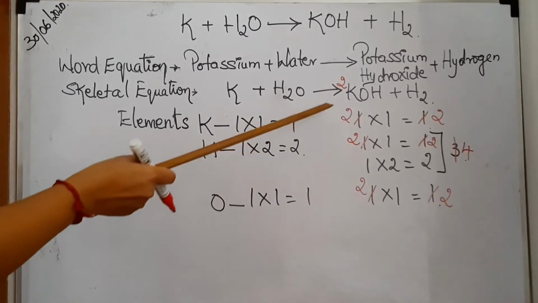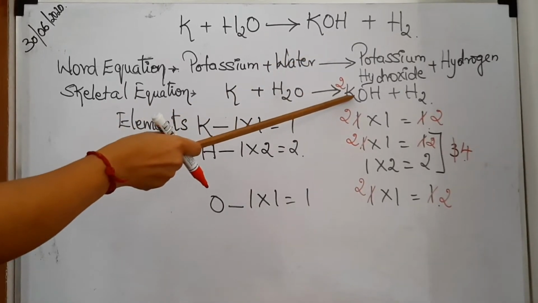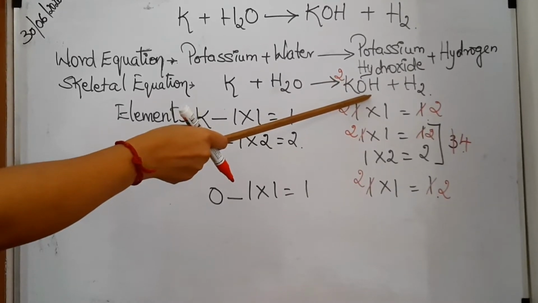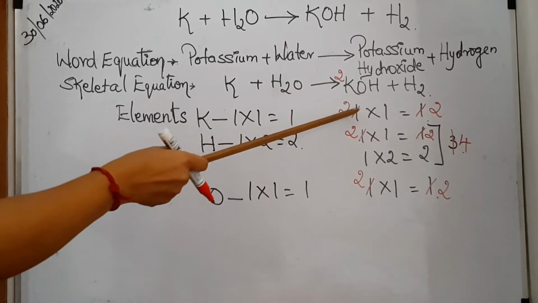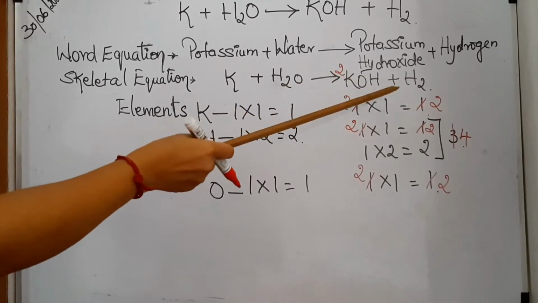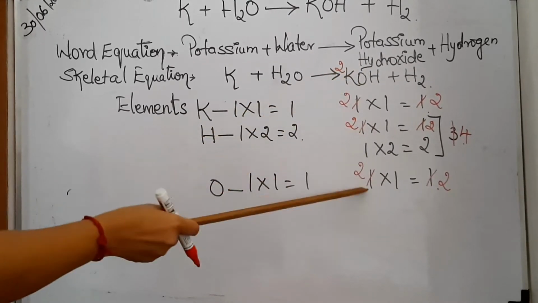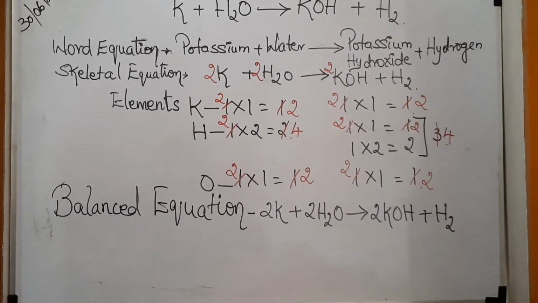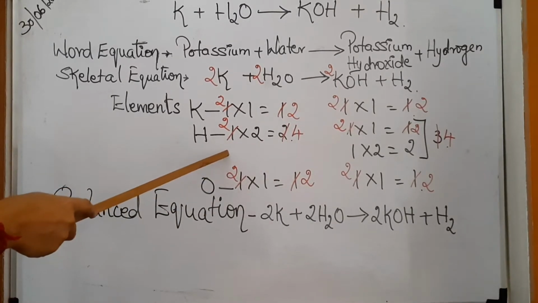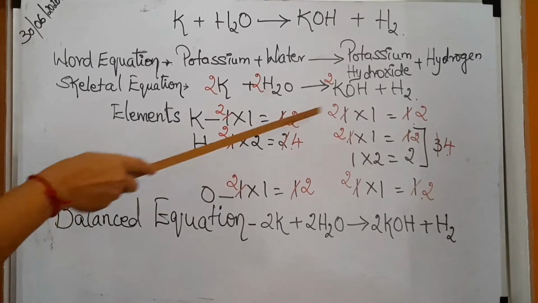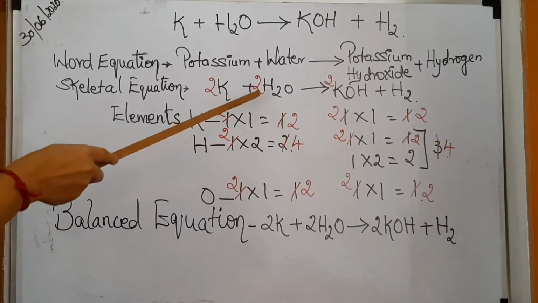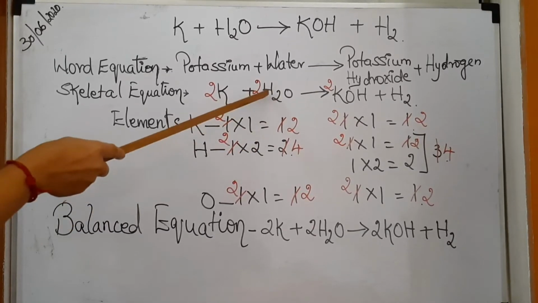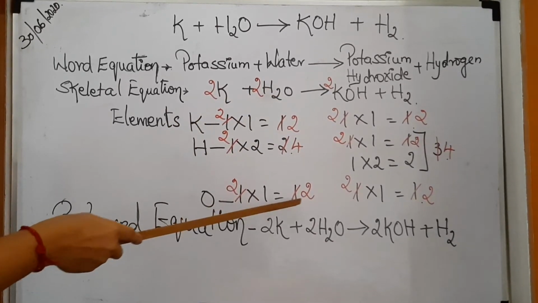Now see, there are some more changes that have taken place. K has also changed now. Oxygen has also changed. So shall we make that change also? Yes. K has also become 2 into 1 is equal to 2 and O has also become 2 into 1 is equal to 2. Now accordingly we make the changes here also. It's very easy now. Here it is 4. So for hydrogen, just add a 2 here, it becomes 4. Same way, when we added for hydrogen, oxygen also has become 2. 2 into 1 is equal to 2.